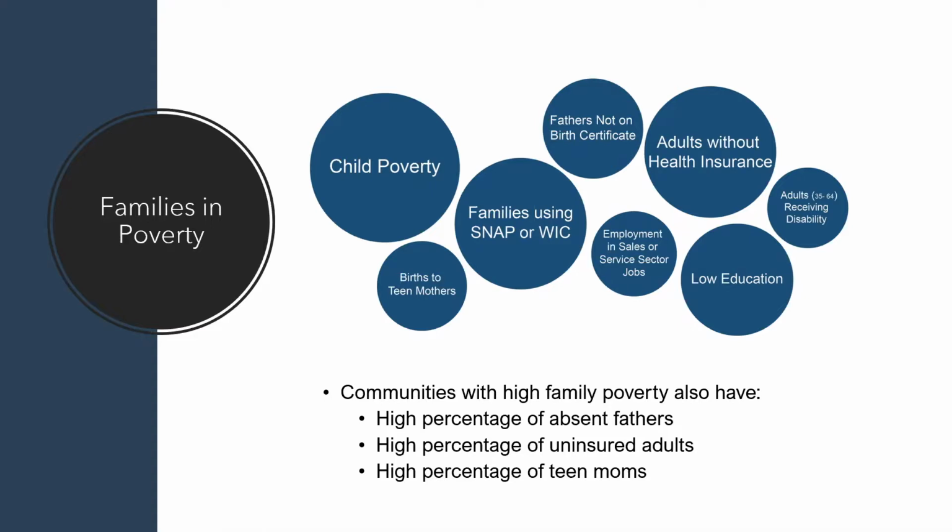And so this pretty much conforms to what everybody believes a community that has a high level of poverty looks like. What's important to understand about what we found in our modeling here in Texas is this is an important factor, but it is not the most important factor that is associated with maltreatment risk in our state. And a lot of this, I think, has to do with the fact that we have quite a few communities in the state who have high levels of families in poverty,